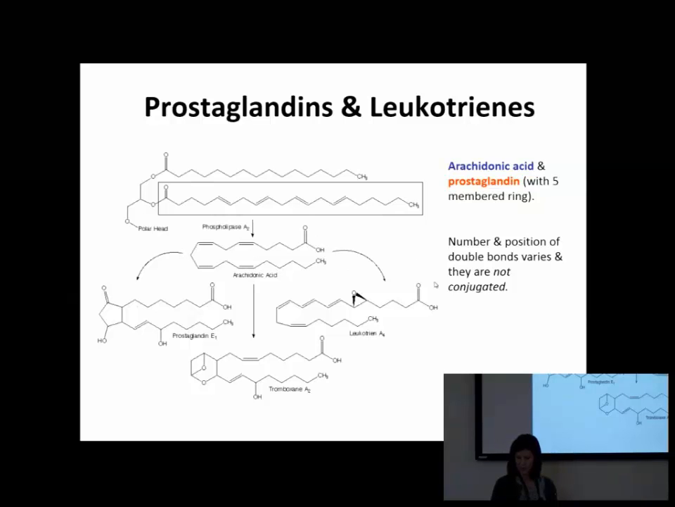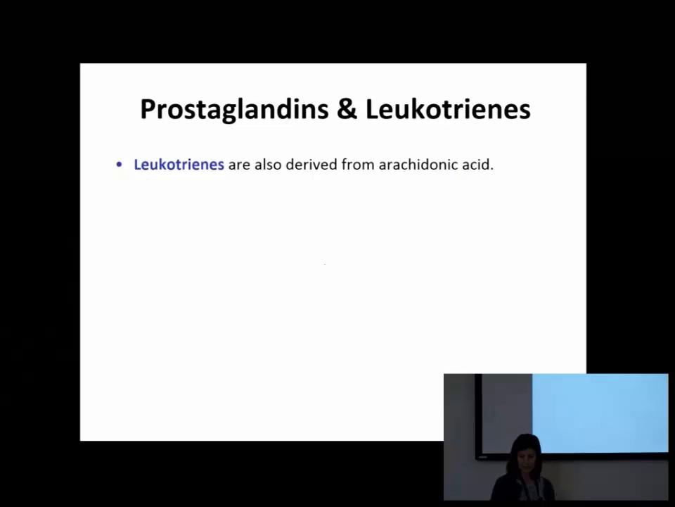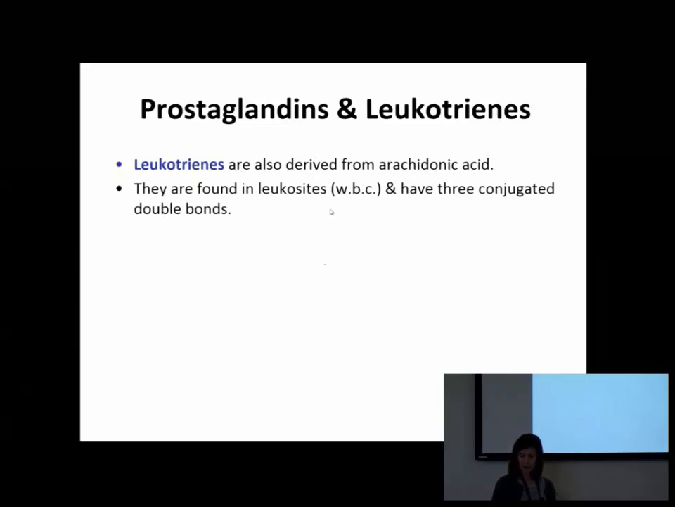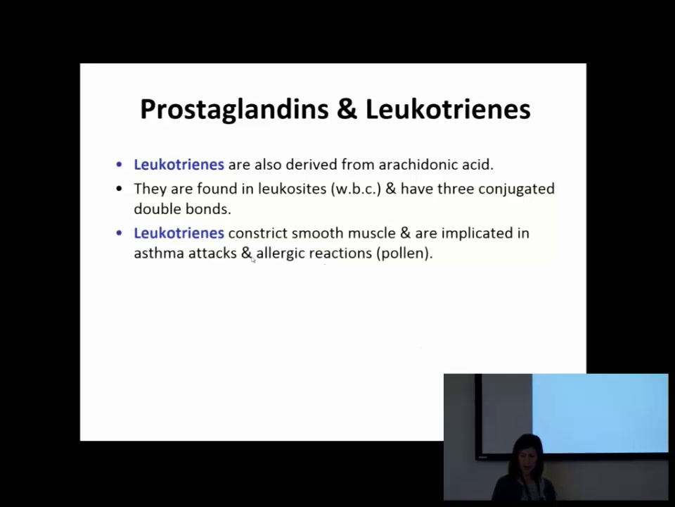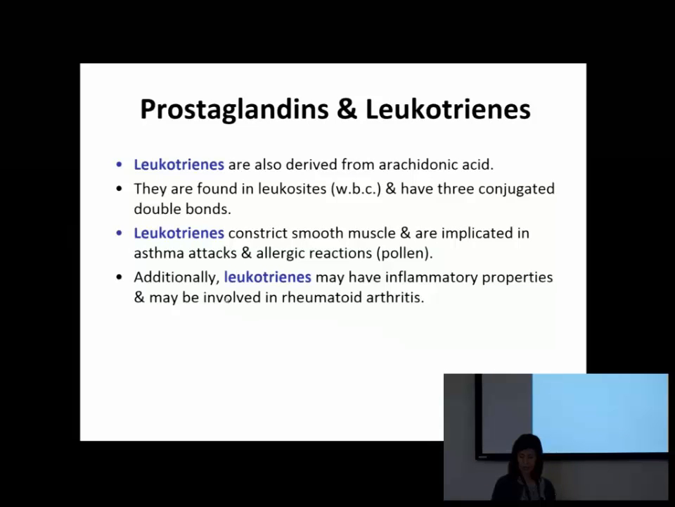Leukotrienes also come from arachidonic acid, as we just showed. They're found in white blood cells, and they do have conjugated double bonds. They're involved in our asthma attacks and allergic reactions. They also are an area of research for rheumatoid arthritis. And if you ever hear the word eicosanoids, they're 20-carbon prostaglandins and leukotrienes that are a huge area of research. So know that they come from